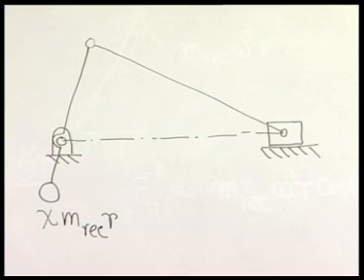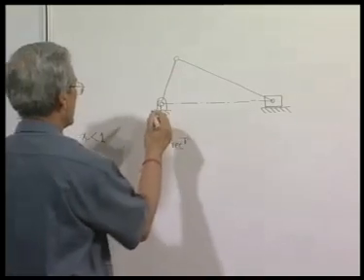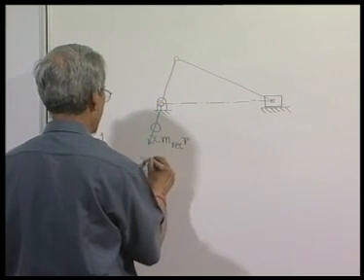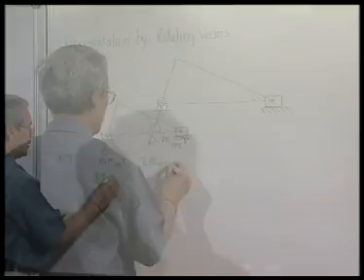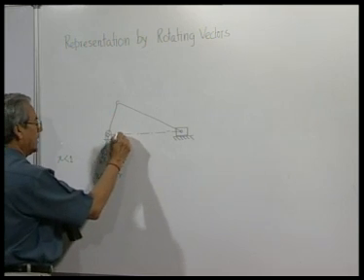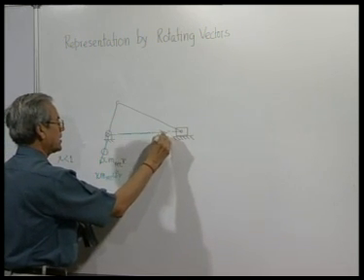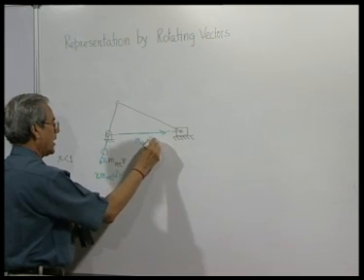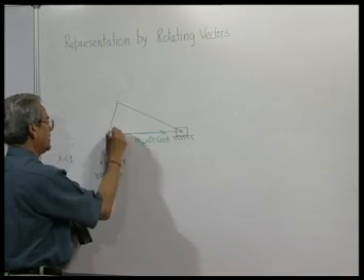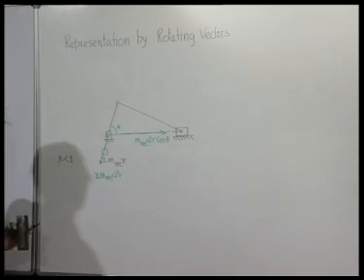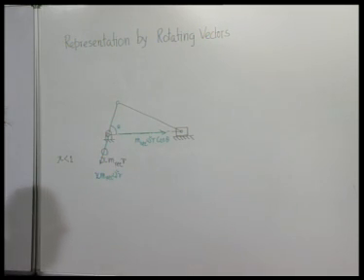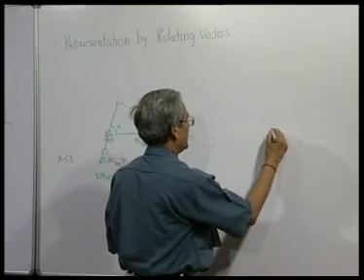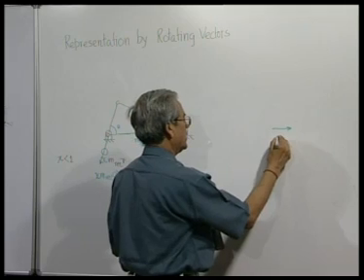So, what will happen here? This force that will be generated will be m reciprocating omega square r, and the unbalanced force in this direction is m reciprocating omega square r cosine theta, or cosine omega t. So then, finally, the system will have a smaller force in this direction,